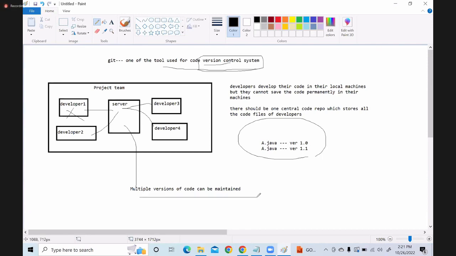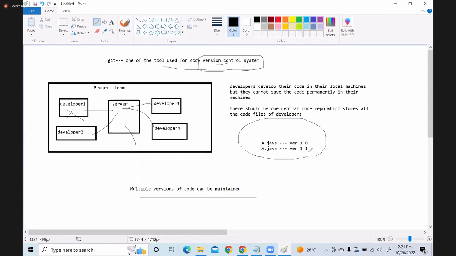Always we work with the latest version. But if you want to track an old version, suppose there is some issue with the new version in the production server, we go to the old version of the code, take the build again using our Maven tool, and copy that to our servers.